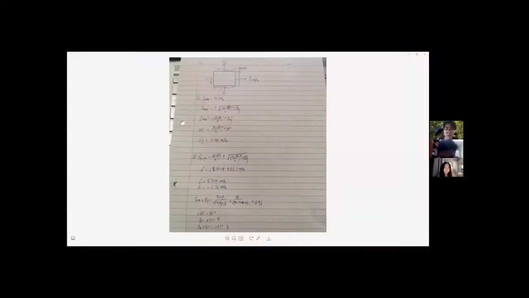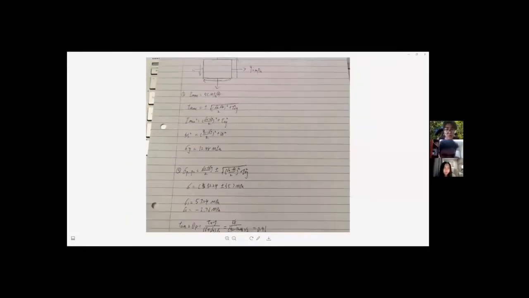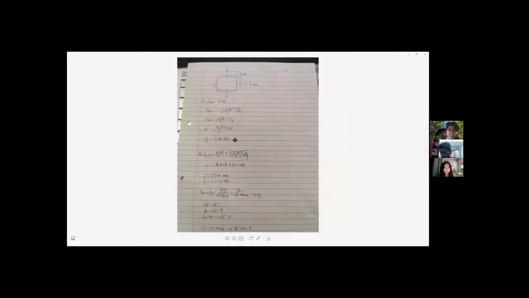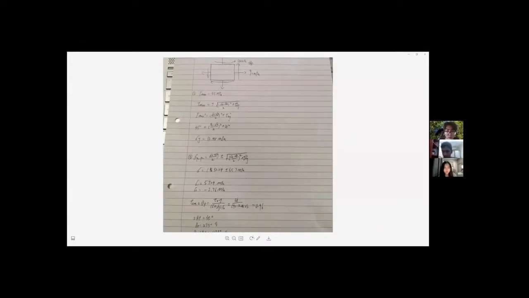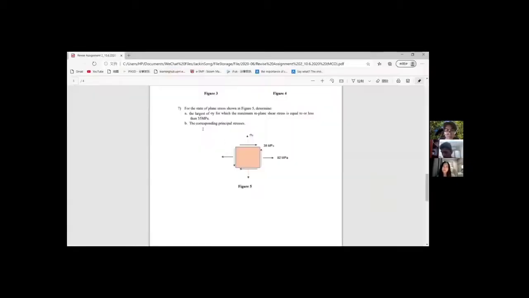Here, we have the maximum shear stress is 55 MPa, and when we use this formula, we can get the normal stress Y. After the calculation, the normal stress Y is equal to 12.48 MPa. And the second question is